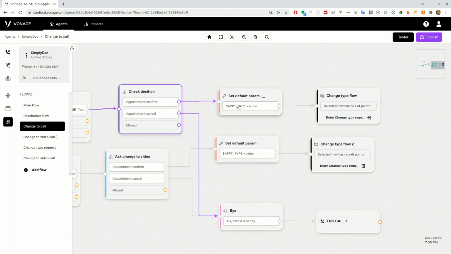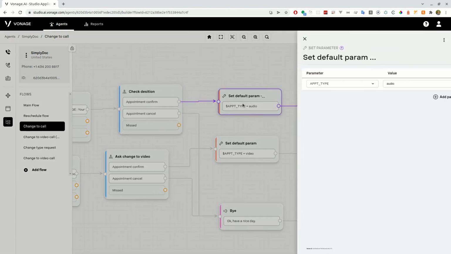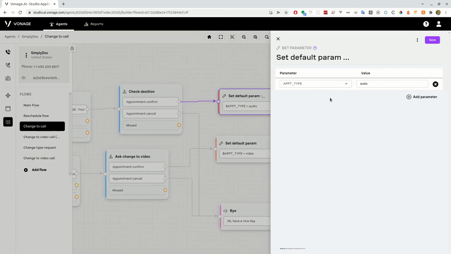And something to mention here is that I'm using a node in here that allows me to change the current value of the appointment type. Why am I doing this? Because the appointment type already has the current appointment type of the appointment, but I will need to change it to be the new appointment type. For example, now the appointment type will be video, but now I need it to be audio because this is the value that we